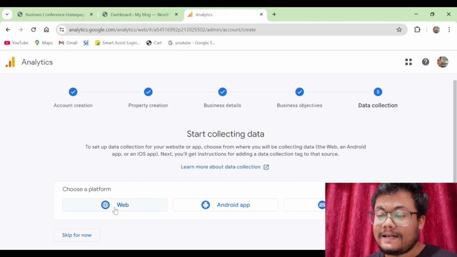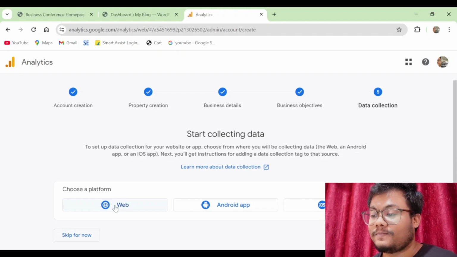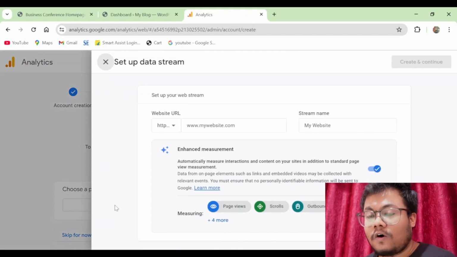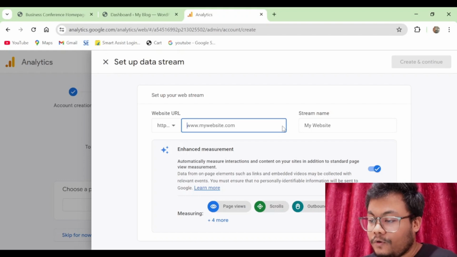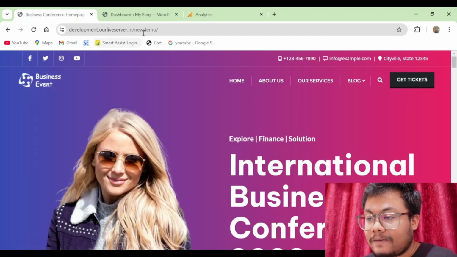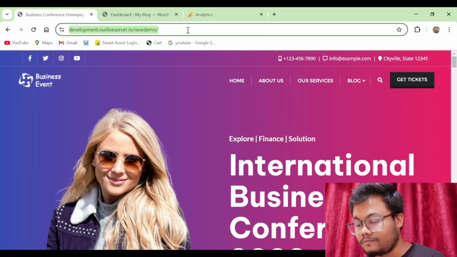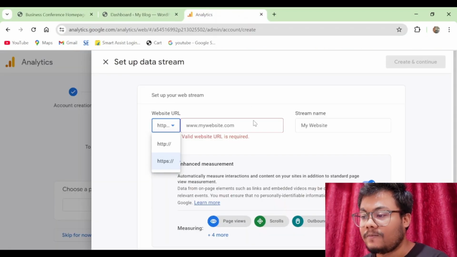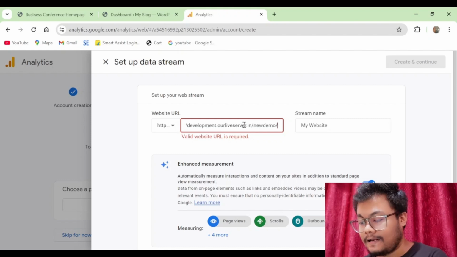So you see that it's asking me to choose a platform, whether I want to create a data stream for website, I want to create a data stream for Android, or I want to create a data stream for iOS app. Okay, I have clicked on website for now. You have to put your website URL. So my website is here. This is the dummy website that we are using. So I will copy this website URL, come to analytics, and